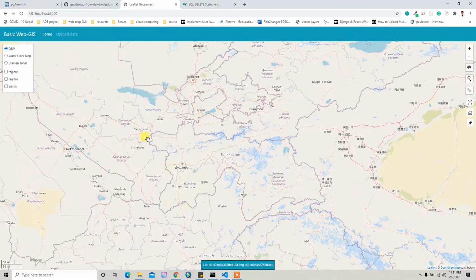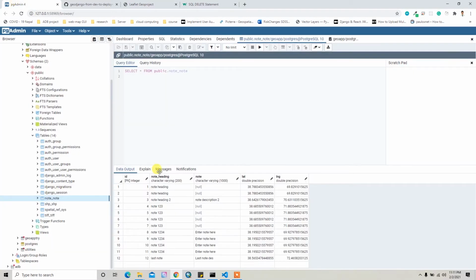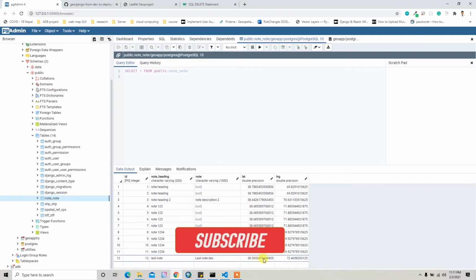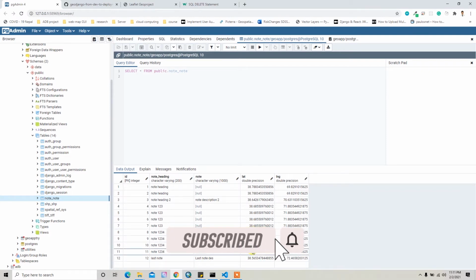So if I reload it, it will show all the markers inside the database. Right now we have only 5 data sets. If I check here, it shows 12 data, but if you check the latitude and longitude, these 4 are the same, and these 4 are the same, and these 3 are the same.